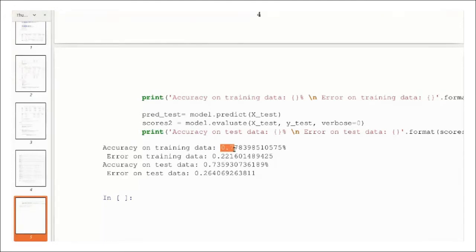You can compare the models like this, and you can fine tune both models. SVC also you can fine tune by changing the kernels or some parameters. Here also you can change the number of layers, number of neurons, the activation function, optimizer function, and try differently. And you can try to improve the accuracy. The simplest model gives 0.7 accuracy on training, and the test set accuracy is also 0.73. That is much higher compared to the SVC model.